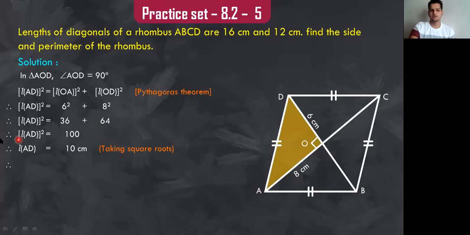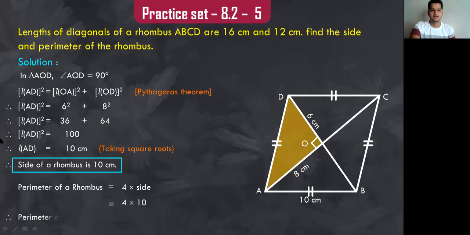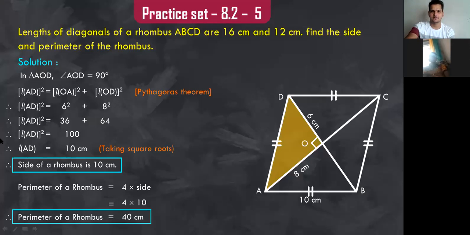Yes. And by using the property that all the sides are congruent, we can mention all the sides are 10 centimeters. But is the sum completed? No. We also want to find the perimeter of the rhombus. What is the perimeter of the rhombus? The formula, 4 into side. Okay. So 4 into side. What is the value of side we just found? 10 centimeters. Right? Perfect. So that will be 40 centimeters. 4 into 10. So we have found the side and perimeter of the rhombus. Okay, students?